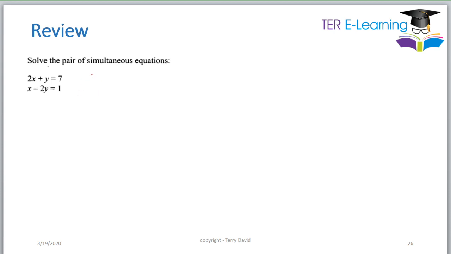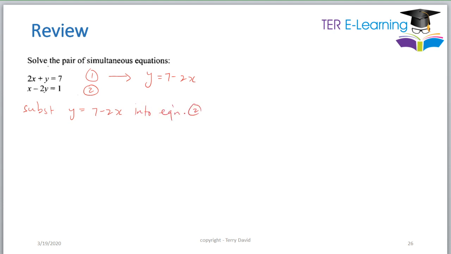So we have two equations here. We have equation 1 and we have equation 2. For this one, I'll just use substitution. So from equation 1, we can say that y is equal to 7 minus 2x. Right? So now we're going to say substituting y equal 7 minus 2x into